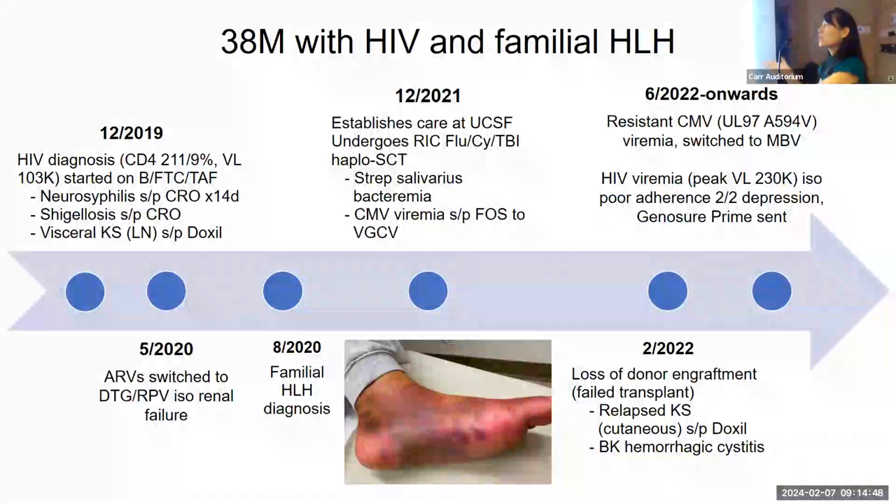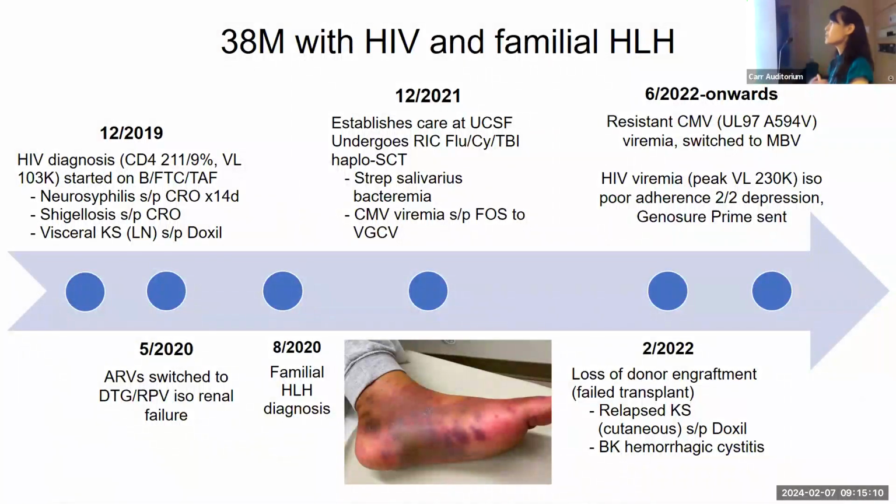And he was started on Biktarvy. At that time, he was diagnosed with neurosyphilis. He also had shigellosis, and he was diagnosed with visceral KS of the inguinal lymph node and was treated with Doxil. This unfortunate patient then starts, despite being on HIV treatment and being suppressed, having